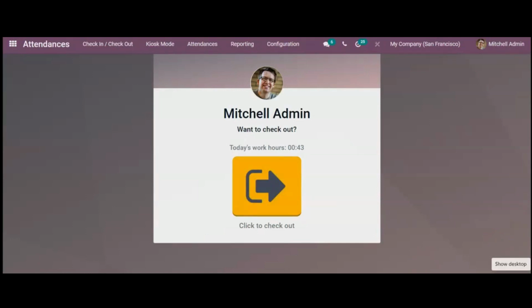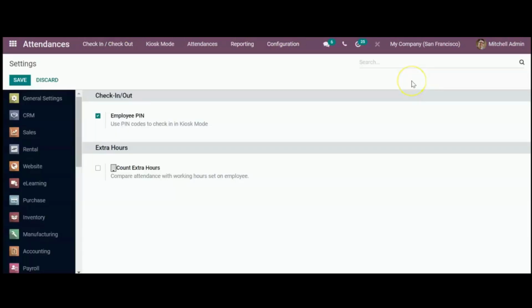However, it is possible that your employees might not always check out or check in from the back end. So we should have another option, right? For that we have a Kiosk mode. Here the employee will select their employee name and enter the PIN, and check in or check out, or even do it by scanning their badges. So we'll activate this option. We'll go to the configuration